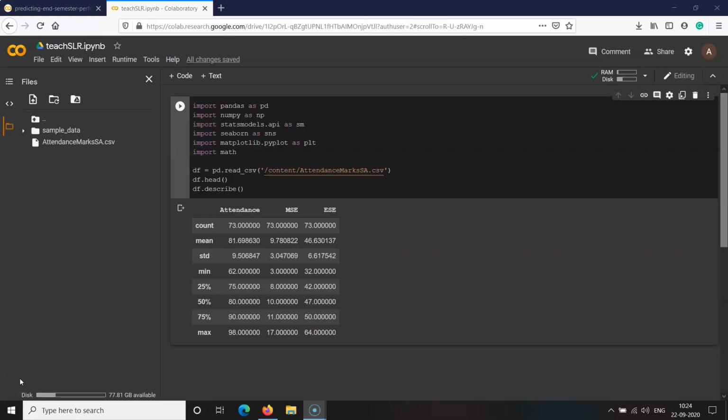In this video, I am explaining the implementation of simple linear regression model using ordinary least square method in Python. As discussed in the theory part of the simple linear regression, I will be using the dataset for predicting students' end semester examination marks from their internal or mid-semester examination marks and the classroom attendance. The objective of the regression analysis is to analyze whether there exists a